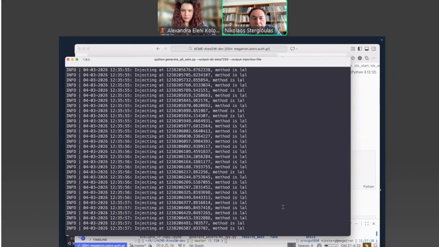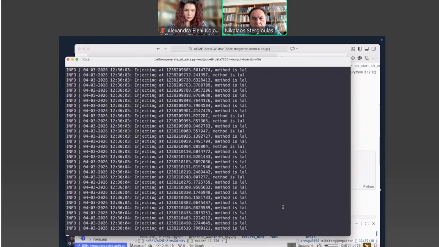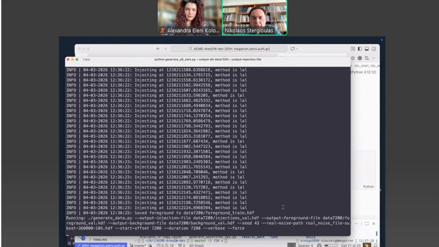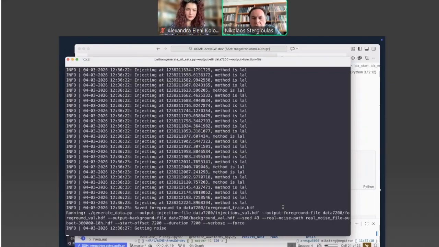In reality, the injections are a very large number of more than 500,000, close to 600,000 possible injections, because the different parameters that determine a waveform, especially when you have free spins, are a high number of parameters. You need a large number of possible waveforms to cover it well.